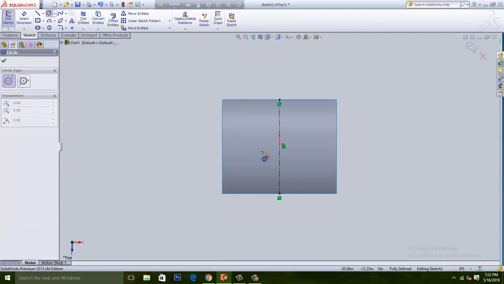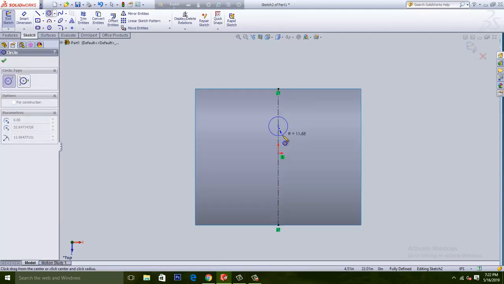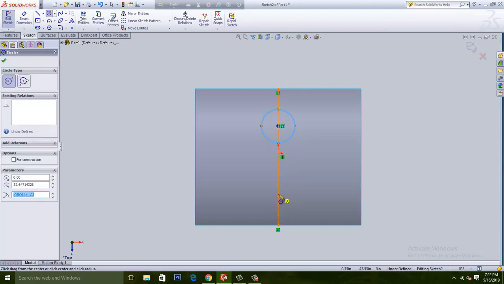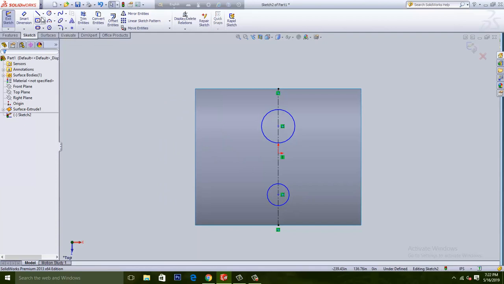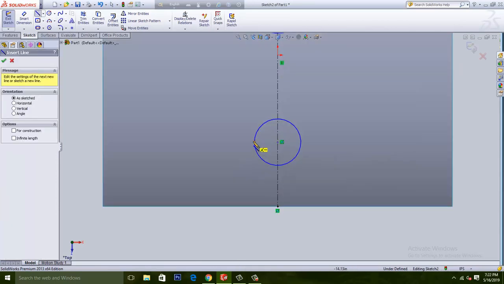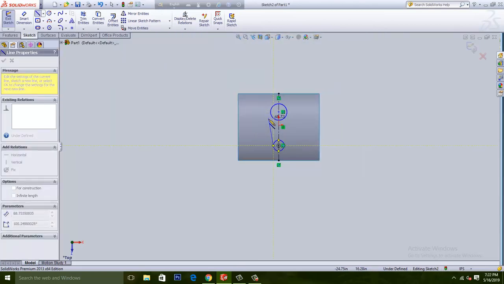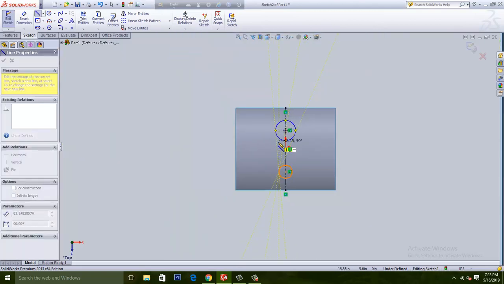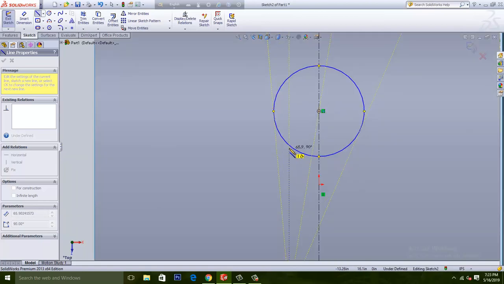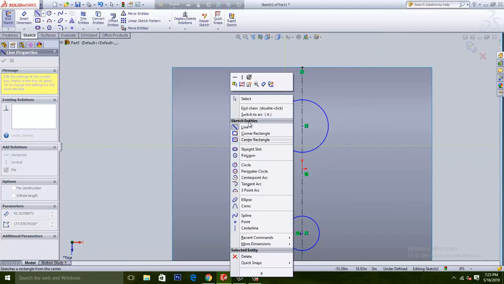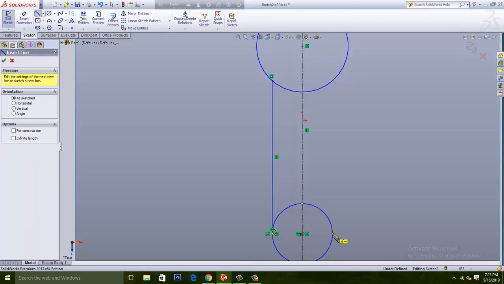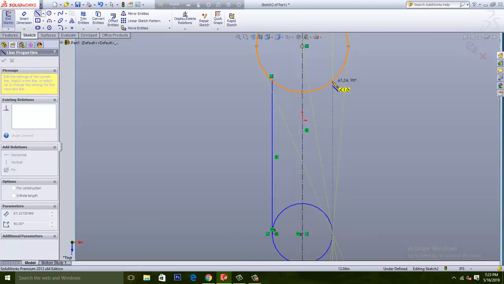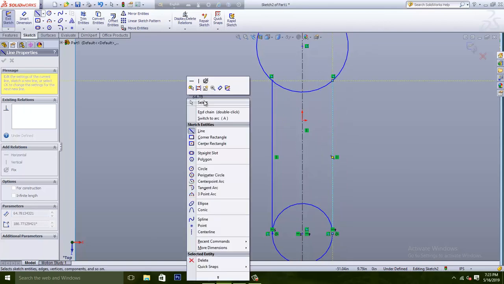Just take a circle, create a circle from here, another one from this line here. Okay, take the line from this portion to create a vertical line from up to the next circle. Take the similar one, take again a line and draw a line from this portion to this portion. Okay,